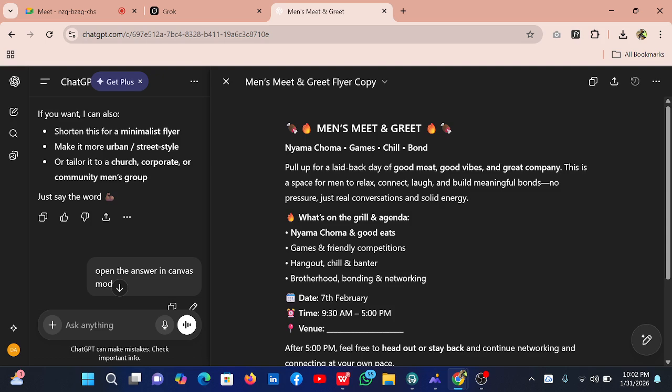So this is how it opens up in canvas mode. This is what canvas mode means, that you can just edit anything. You can even edit it like a Word document. You see, what's on the grid and agenda, I can delete like that. I can edit it like a Word document. That's it about the canvas mode.